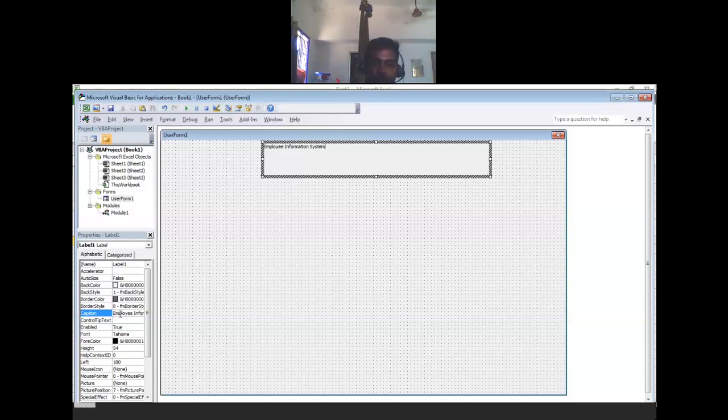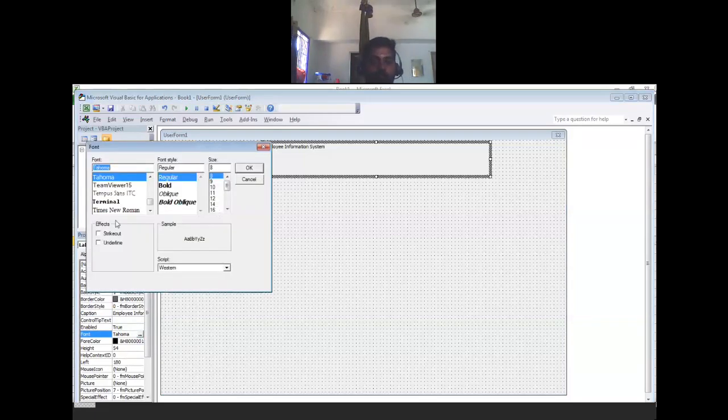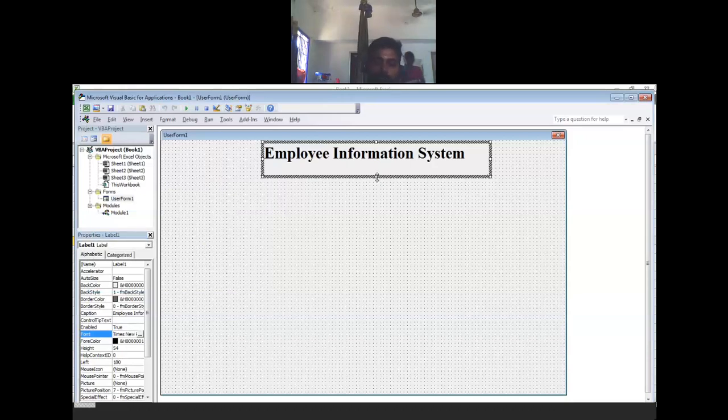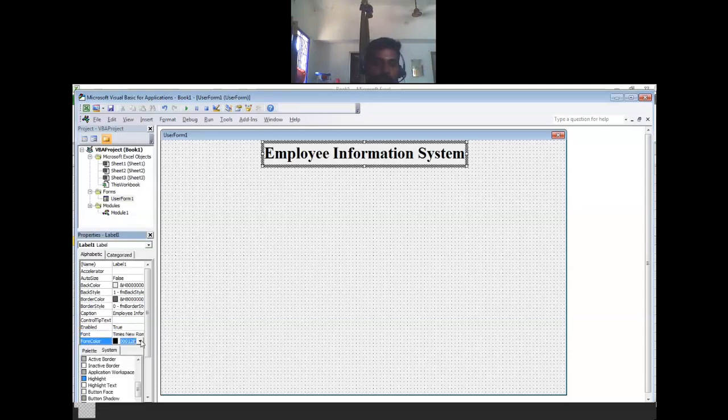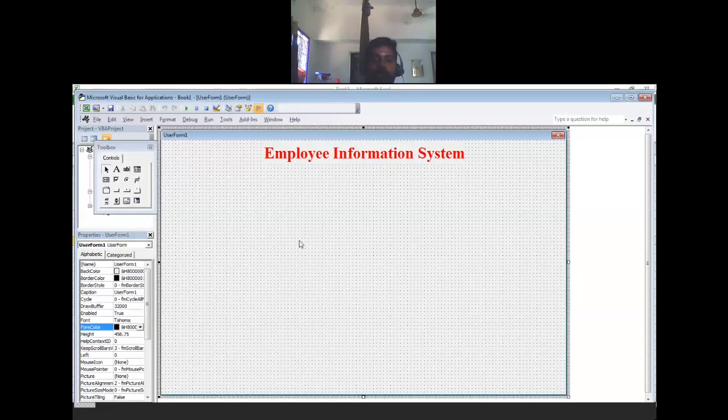Next, the caption can be changed from here or from there, anywhere you can modify. Next is the font, which includes font color, size, background, everything. Now I choose Times Roman, bold and italic, and click OK. Now I make a little adjustment, whatever creativity you want, you can create it. Next, from the color palette, red color, like this I did it. Headings done.